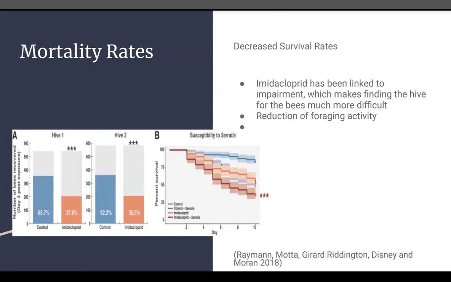And the chart provided from the Library of Medicine shows the survival rates of honeybees that return to the hive after 3 days of exposure. The graph on the left shows that survival rate is significantly lower when bees are exposed to imidacloprid when compared to the control group. This also leads to a reduction in foraging activity. So it alters their foraging behavior. They spend more time foraging for food and less time bringing it back. And so this puts a major stress on the entire colony that they're not coming back.